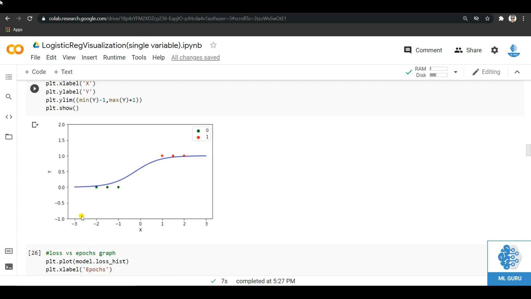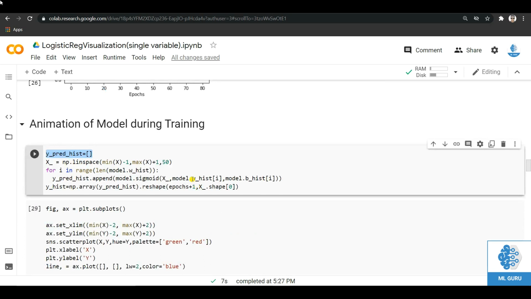We will be choosing 50 points in between in this range, and for each epoch, as we know the value of w and b, because we had stored that, we can make an array of the shape number of epochs plus 1, because there are 80 epochs of training and this extra one is for the initialized value.